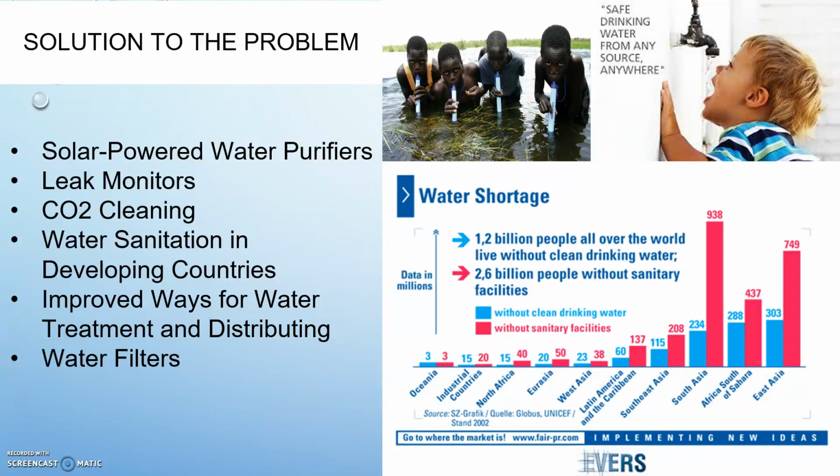Solar-powered water purifiers. These use zinc oxide and titanium dioxide in containers that are exposed to UV radiation, and they cleanse the water before people drink it. Also, putting in place leak monitors or sensors that can be used to detect when droplets of water are dripping from a tub, a sink, or a toilet. This would help allow water use to be more efficient without the loss of water in areas where water scarcity